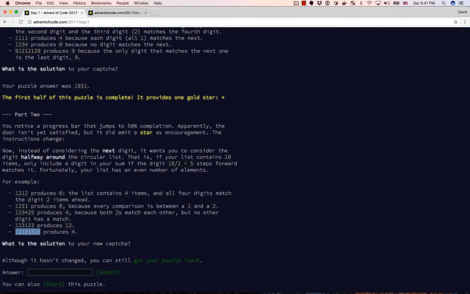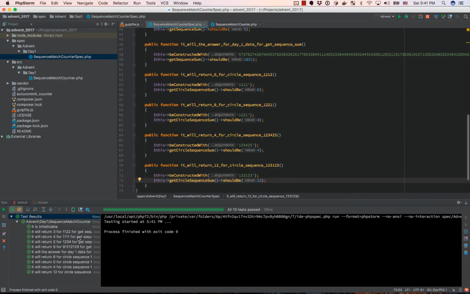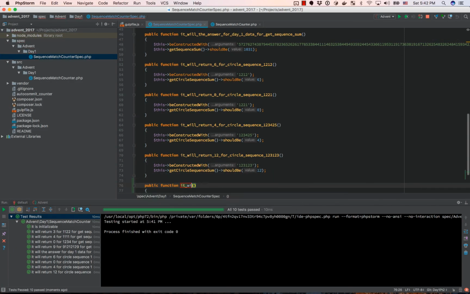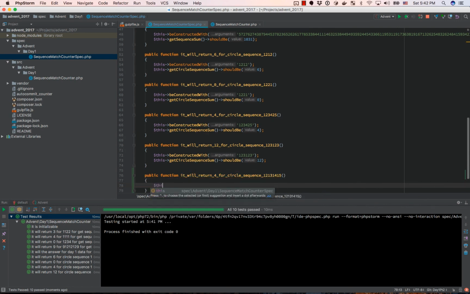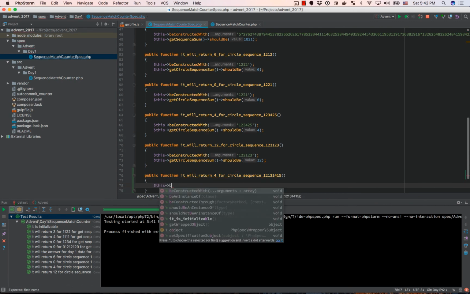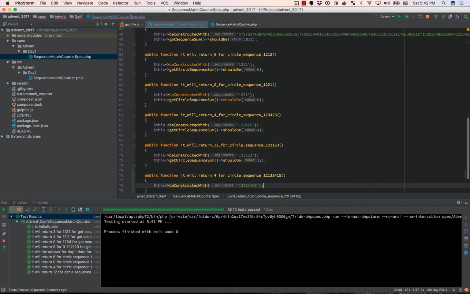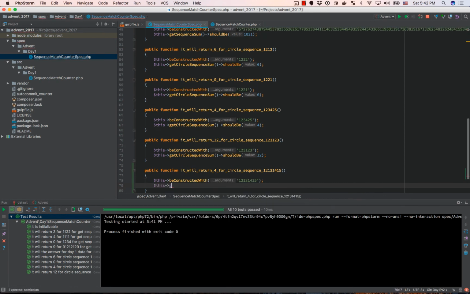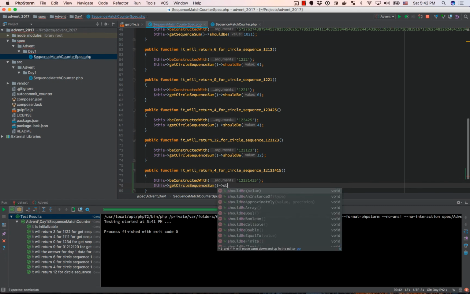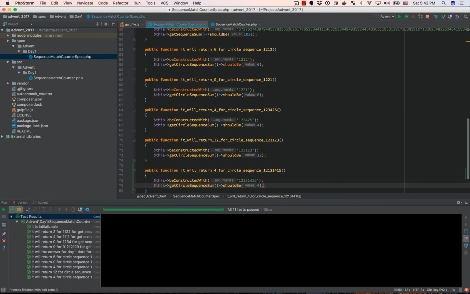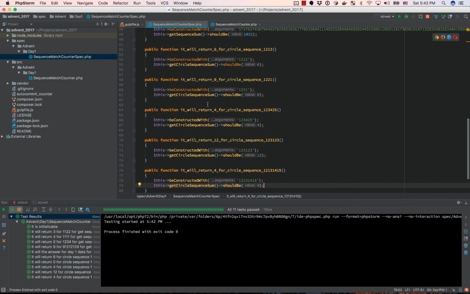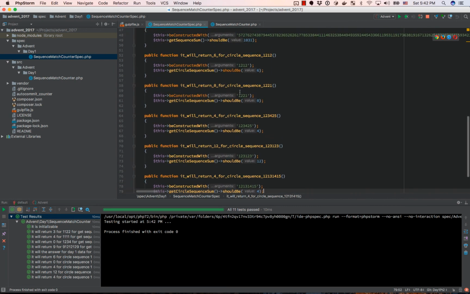And we'll try our last one. 1 2 3 1 3 1 4 1 5 is 4. So it will return 4 for circle sequence of that. We'll construct it with that and get circle sequence sum should be 4. And it is. So with all of the examples working,